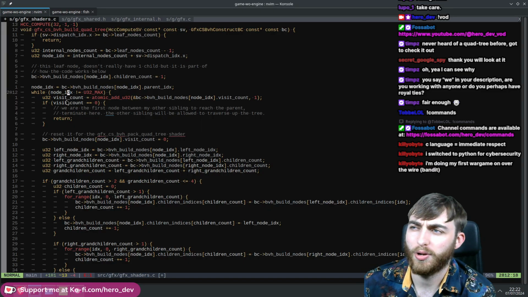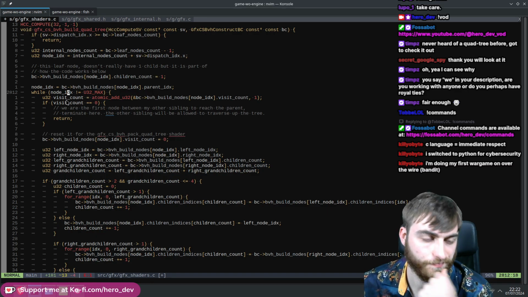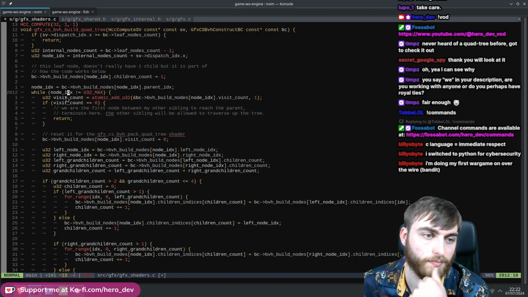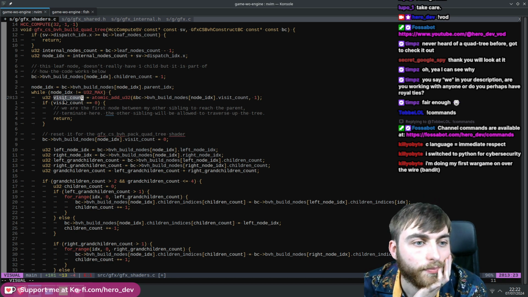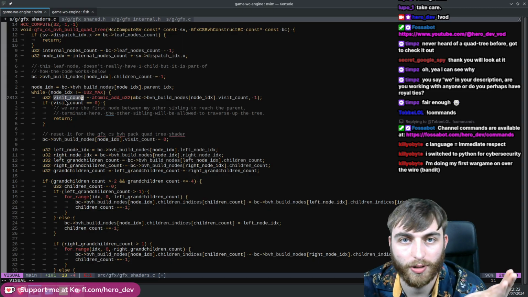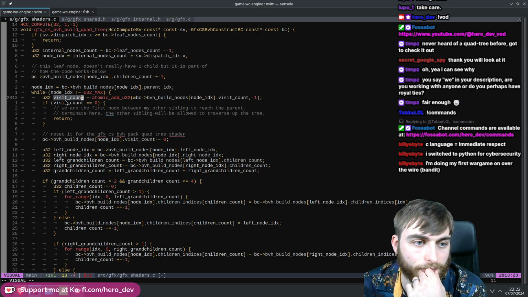But if you only have one node, we shouldn't even launch this shader anyway, because it's already a tree. That's something to be aware of. We shouldn't even do anything at that point. Anyway, visit